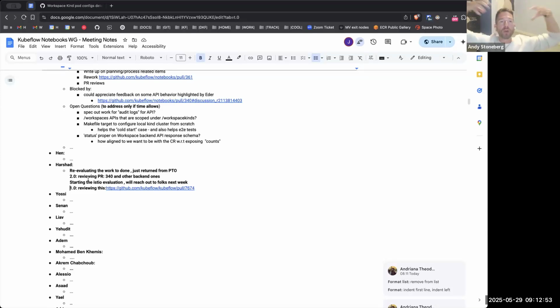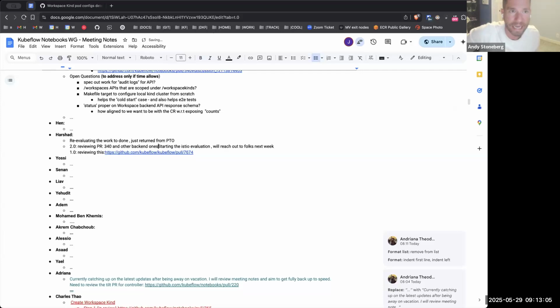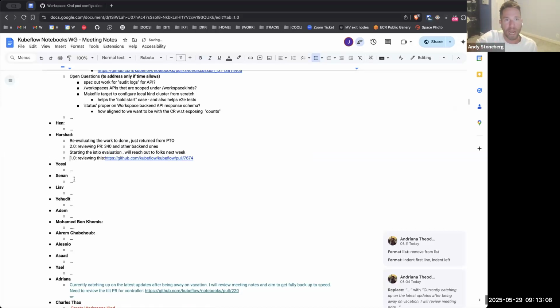Yeah, so we do not expose the count. If you look at the CR for workspace, the counts actually exist within the status object, and that information is not included in the backend API today. The guidance I gave the developer for now, as they're exposing this in the backend, just to keep things simple, was to copy the structure of what's on the CR into the backend API. There's a justifiable reason behind that, but it is kind of weird when you get the response of get workspaces from the backend API. There's this status object that really is our metrics or our counts object. I didn't know if you cared or had opinions on what that root-level attribute in the get workspace response